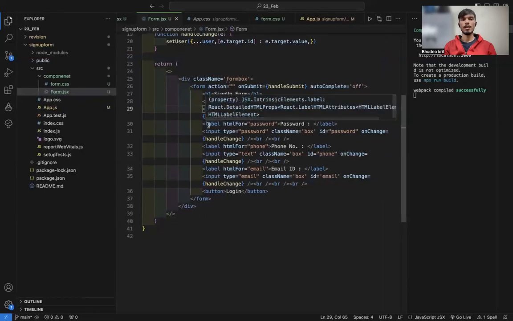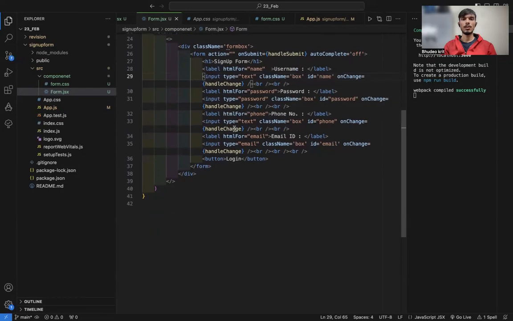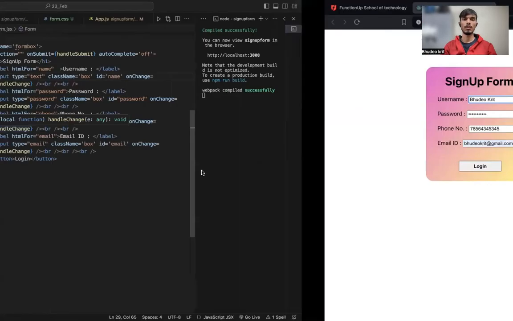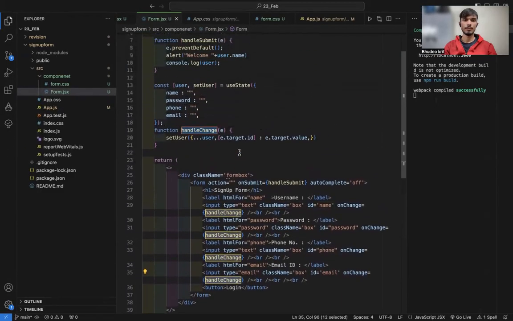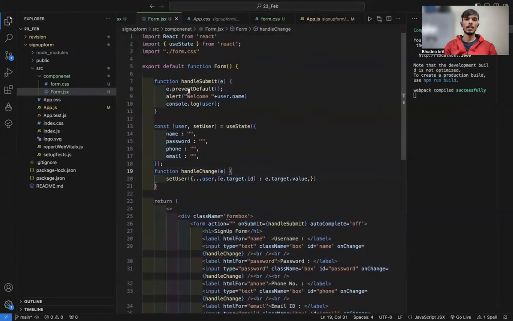And here I have created another label for password and an input for password, and in each of the inputs I have set onChange. If we write anything inside the input, this onChange will trigger and the handleChange function will run, and the event is passed to this function as a parameter, and I have created a